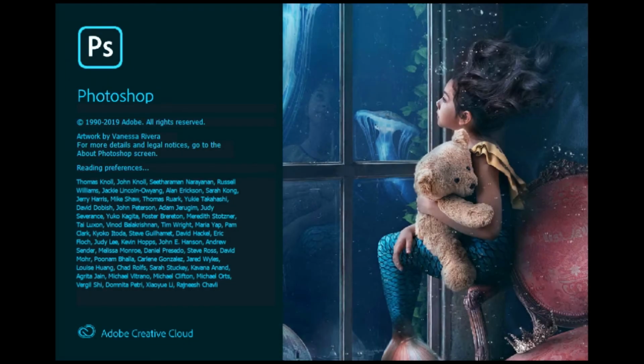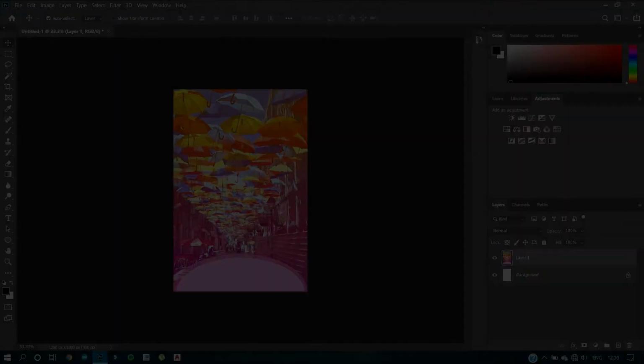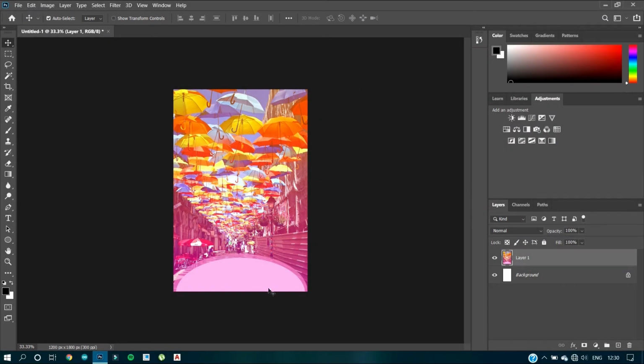In the previous tutorial, we saw how to add shapes, mainly ellipse and circle. In this tutorial, we are going to see how to add polygons and stars to our image. So this is the image we finished with yesterday. Let's continue on the same image.